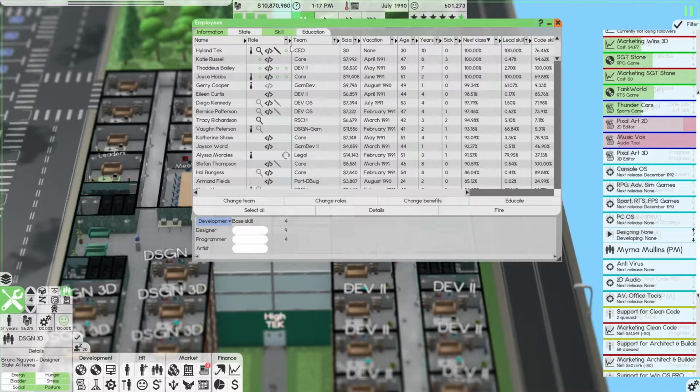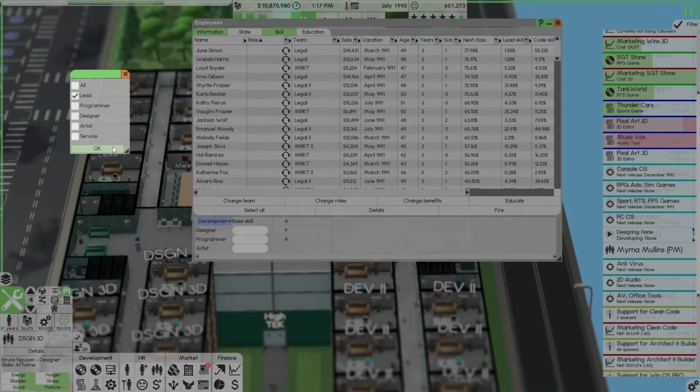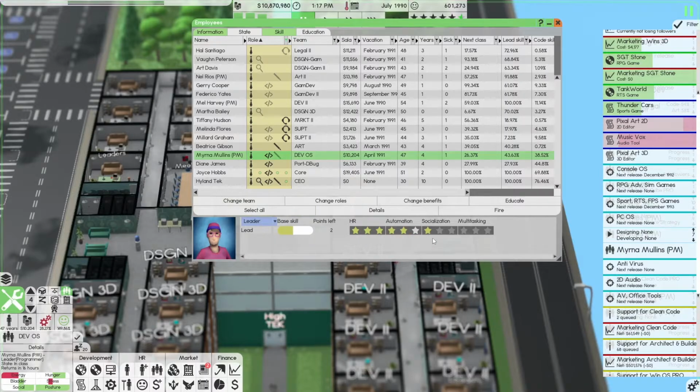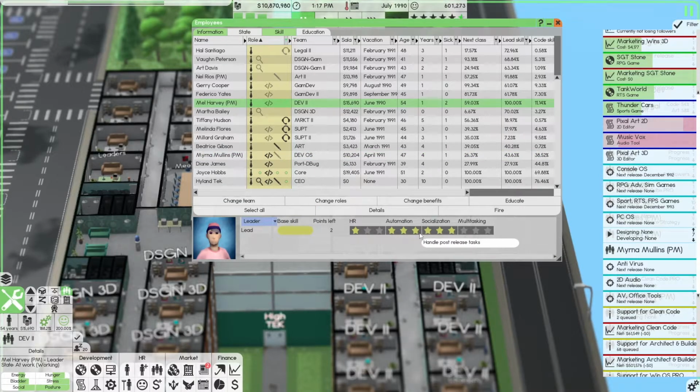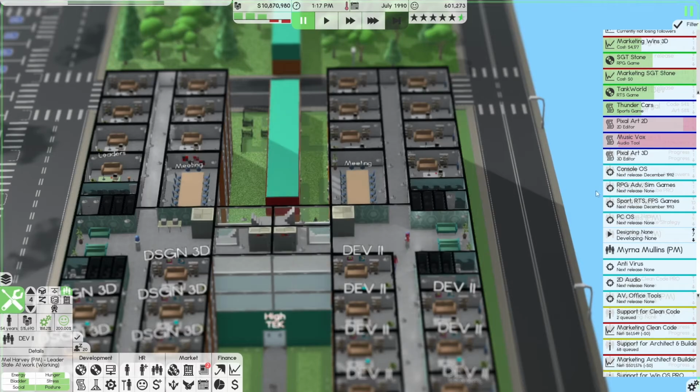If we go here, so this by lead, Marina, leader. See, she's working on the 3rd star. And I think Melvin has his 3rd star. Or Mel, not Melvin, my bad. Mel has the 3rd star. And I believe